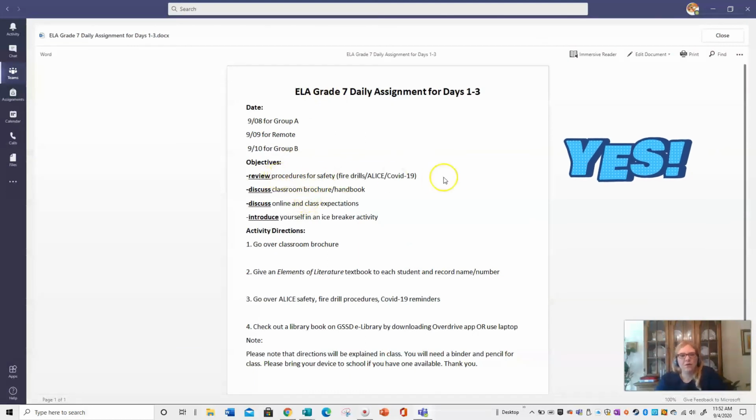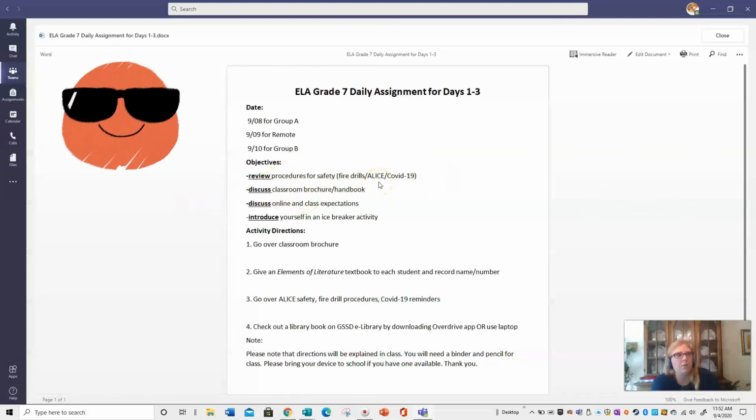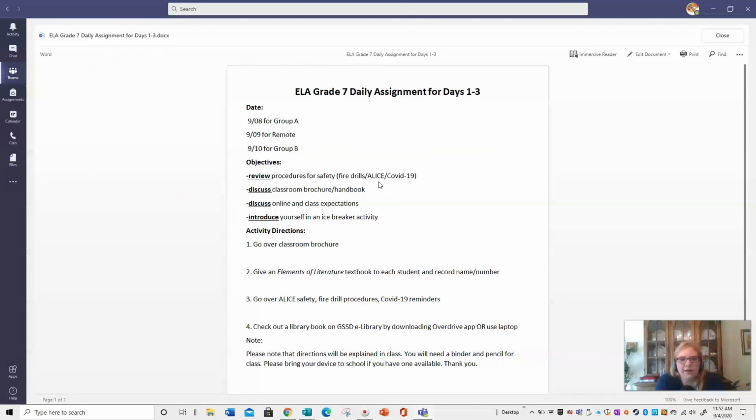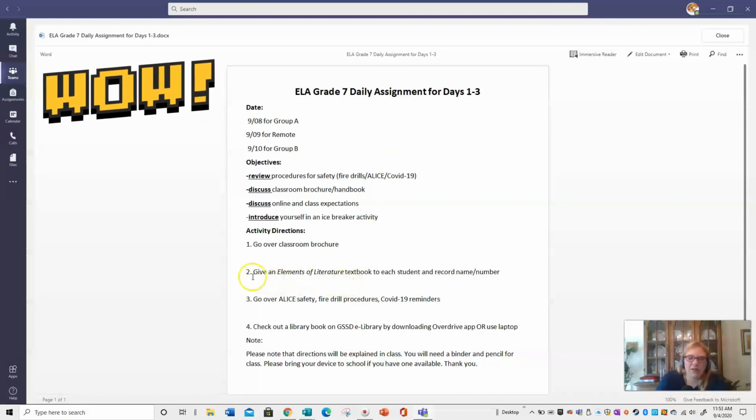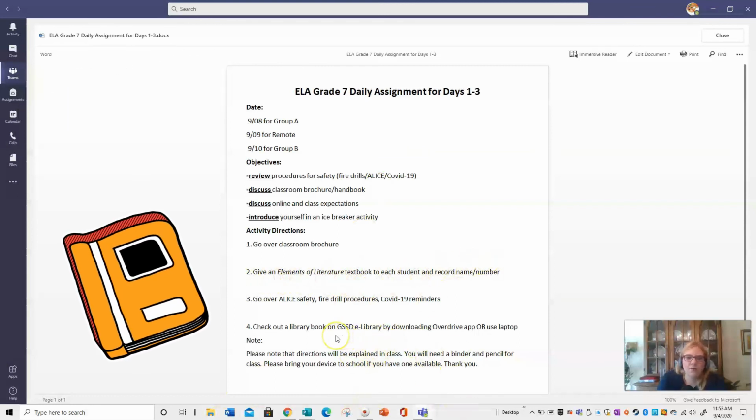So for the in-person, we're going to talk about safety. We're going to discuss the brochure and our school handbook. We will post that up. That's going to be electronic for you. We will discuss how to get in the class meets, and then we will introduce each other in an icebreaker type of activity, if time permits. And we will give the hybrid learners a textbook, and we will try to get you on the Overdrive